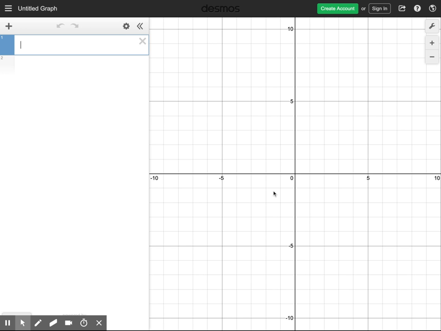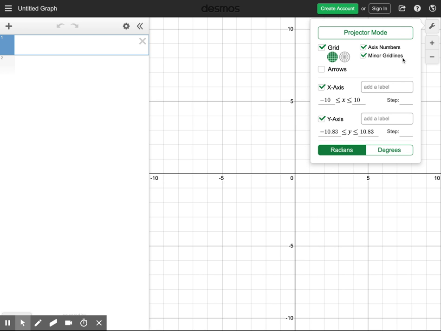Notice a couple of things about the interface here. You have a little wrench, which is your graph settings. So that's going to allow you to do things like change the X and Y